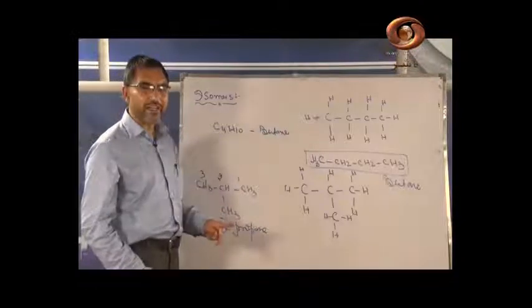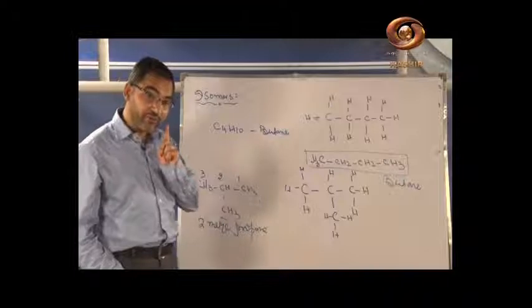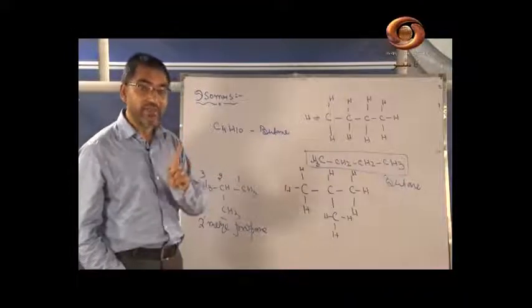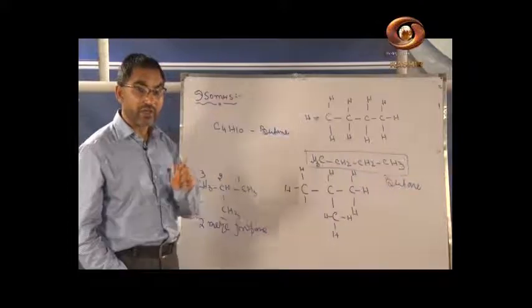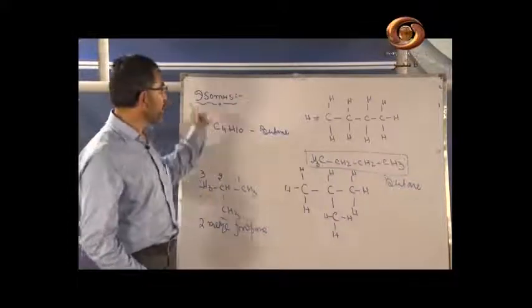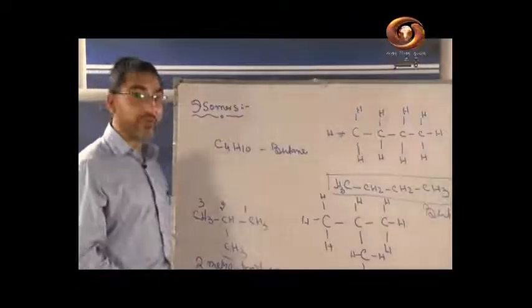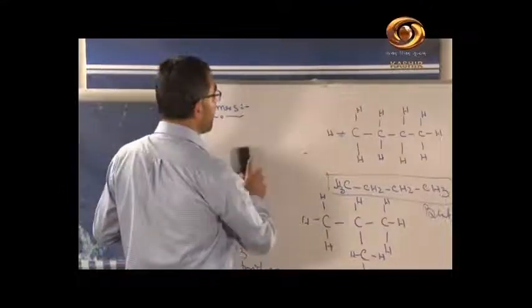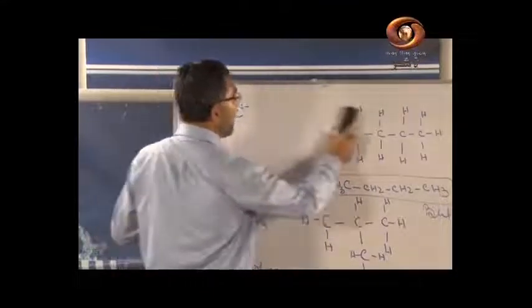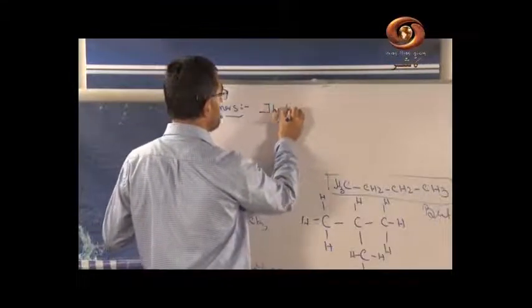Here there is a different arrangement of the atoms. So the compounds having the same molecular formula but different structural formulas, as per your textbook, are called isomers. So what are isomers? If you write down the definition, isomers are the compounds having the same molecular formula,